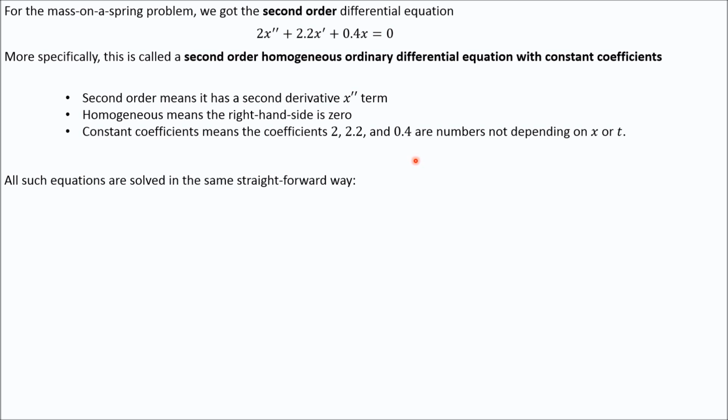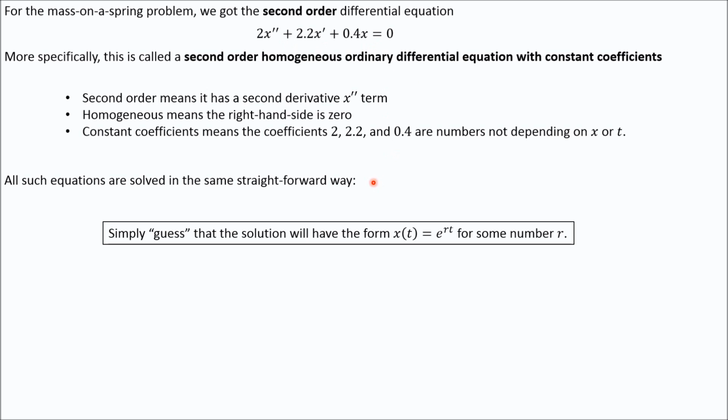So, I mean it when I say straightforward. Solving equations like this, it's always done the same way. Always just guess that your solution is going to have the form e to the rt. Turns out this always works. So you just kind of remember that, and if you do, then observe that if you want this to be